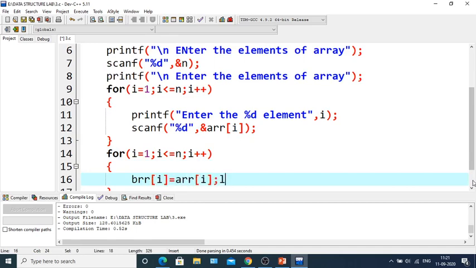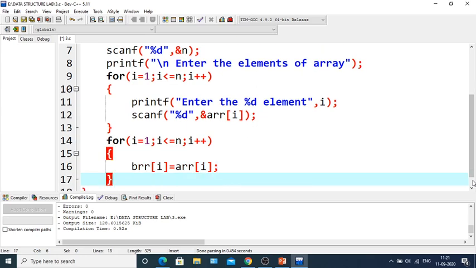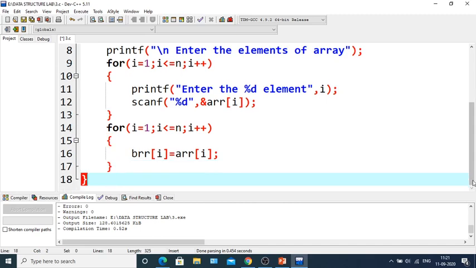That means when the value of i is 1, the value of ARR1 is copied to BRR1. Like this, when the value of i is 2, the value of ARR2 will be copied to BRR2. So all the elements have been copied to BRR.